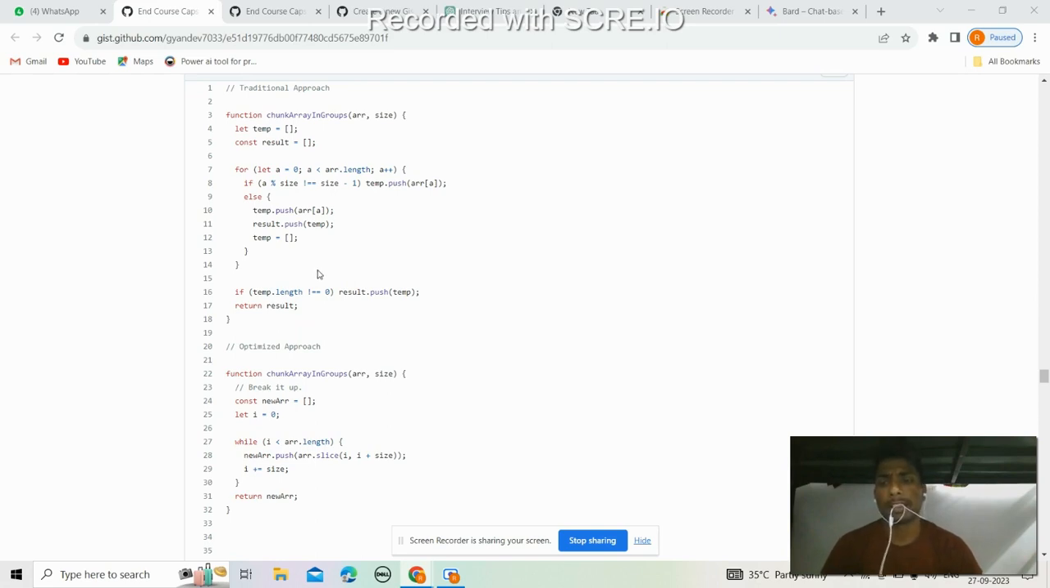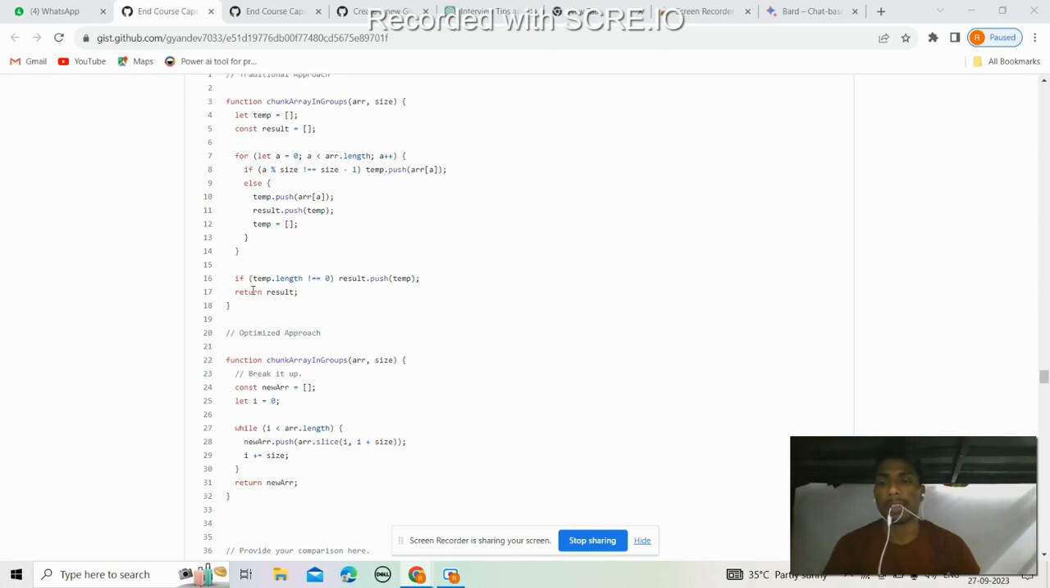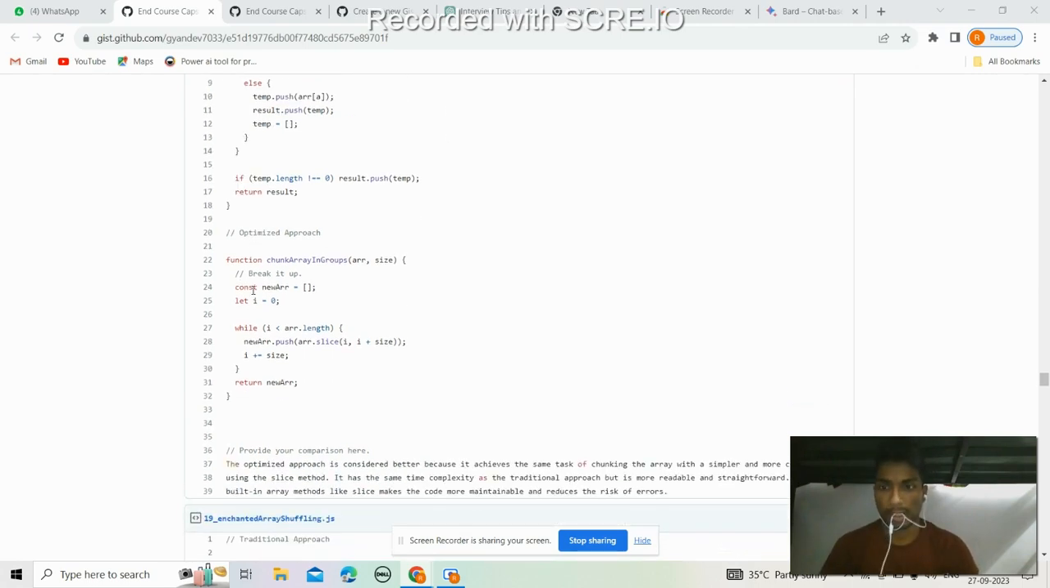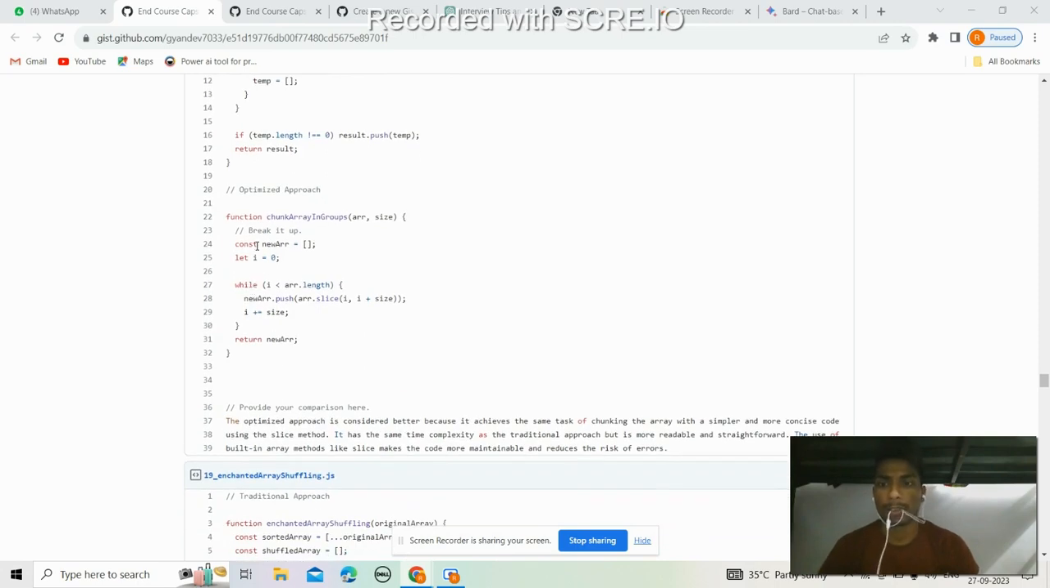So again here we check the if condition, if the temporary variable length is not equal to 0, the result pushes the temporary variable. And the optimal solution: const array is equal to empty, and let's take i equal to 0. Here we can use a while loop for iterating the array, and we can push our value into the new array, and we can take i plus size 1 and i equal to size plus 1,